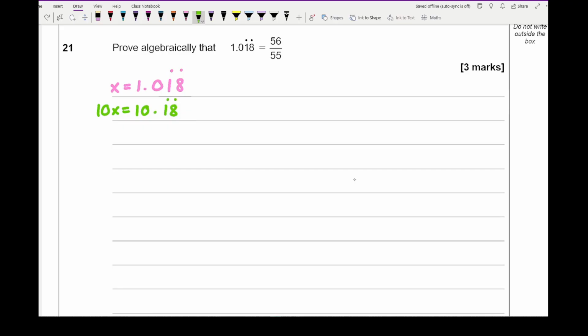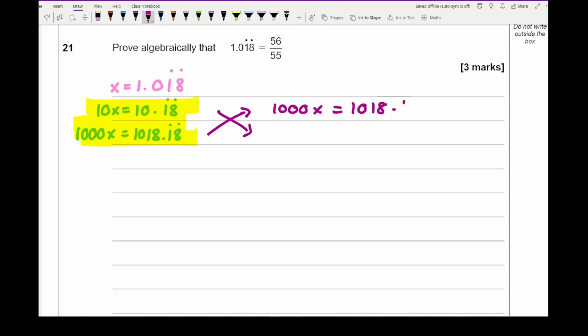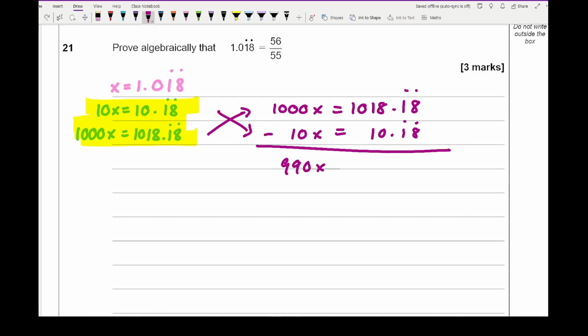Now I want to get 18 over to the side, so I need to multiply that by 1000x, in which I get 1018.18 recurring. Now it's these two lines that I'm going to use. So if I switch them around, what I get is 1000x equals 1018.18 recurring. I get 10x, which is equal to 10.18 recurring. And if I subtract the two things, I get 990x equals